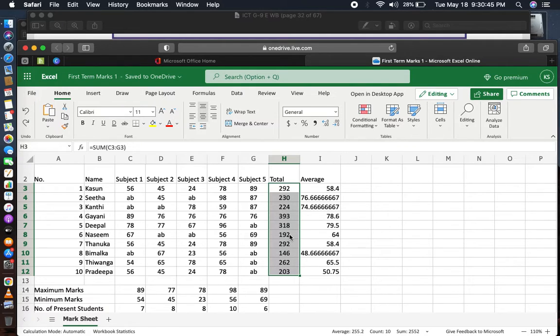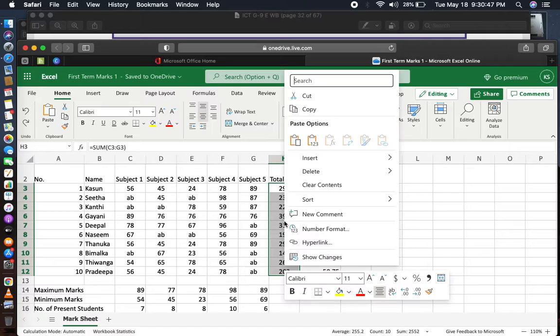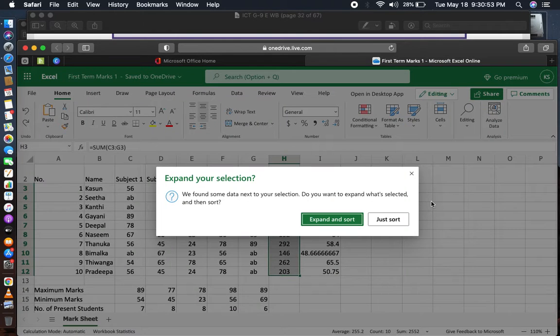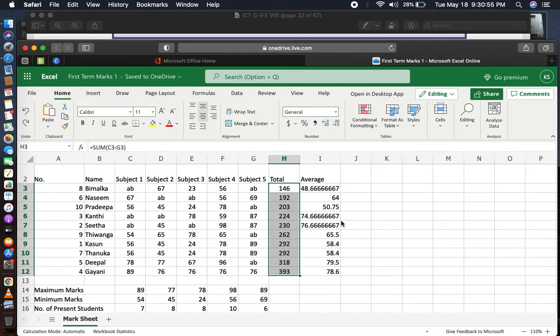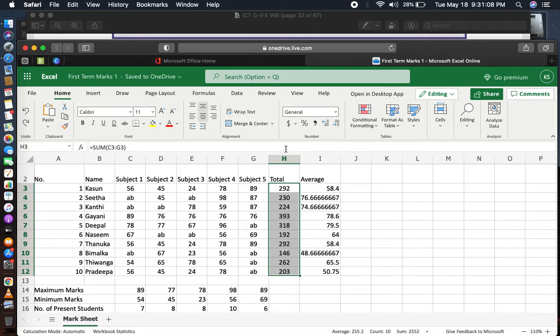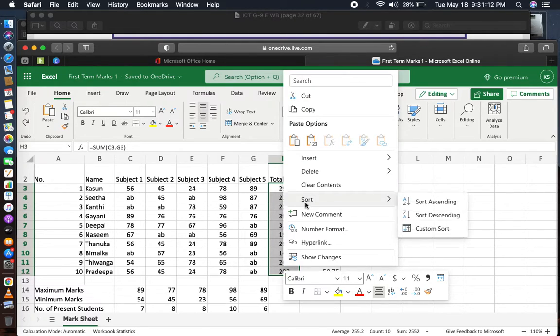Okay, so why did that not work? Okay, so what happens is this. Now when you go to sort, put it back to the way it was. When you go and say sort,